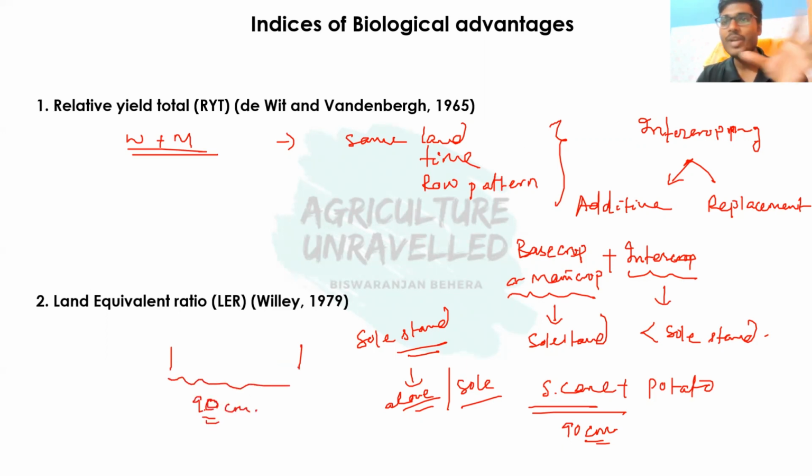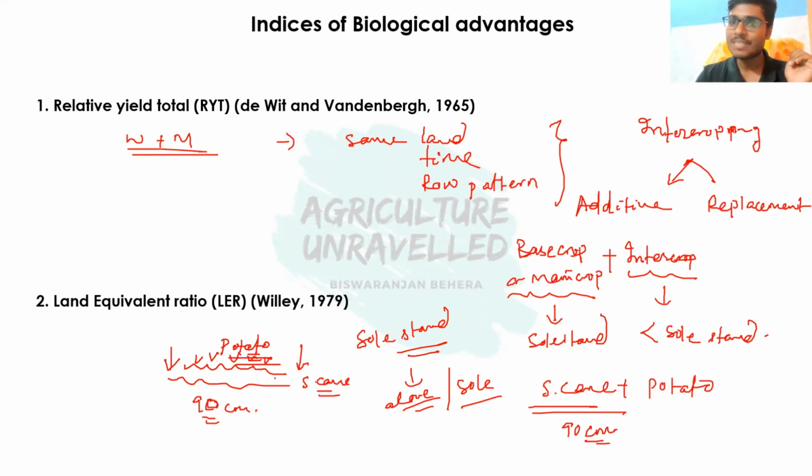Generally when we do not grow any intercrop, this 90 centimeter gap is wasted. In this space weeds will come. So better we should utilize this interspace or interrow space. So now we will grow potato crop in this space. This is known as additive series, because here the population of sugarcane crop is not disturbed. Only the potato crop is adjusted in between two rows of sugarcane. That is known as additive series of intercropping.